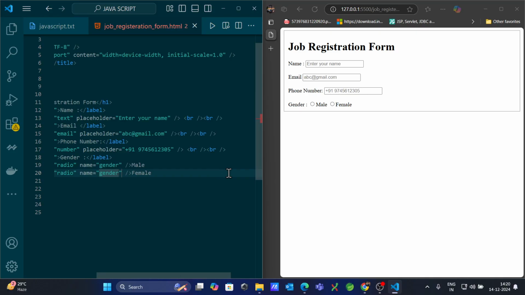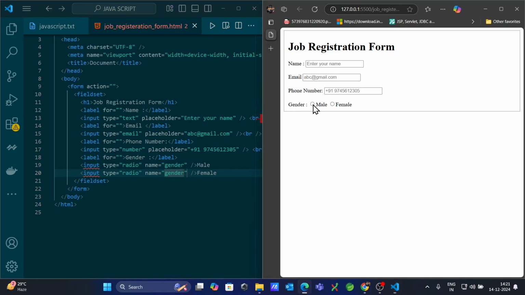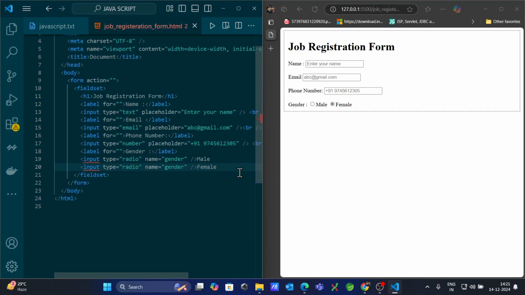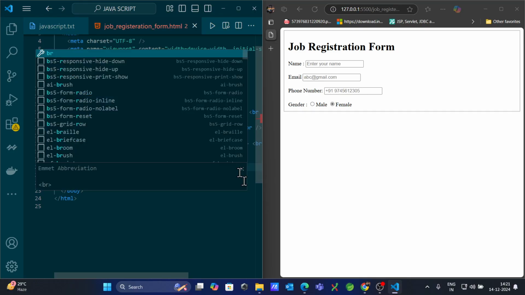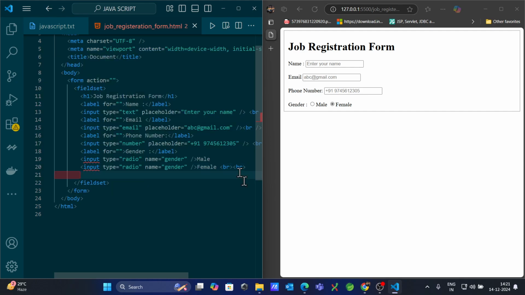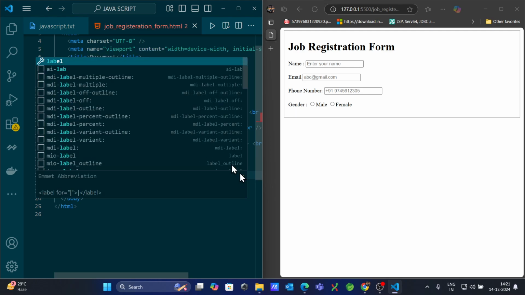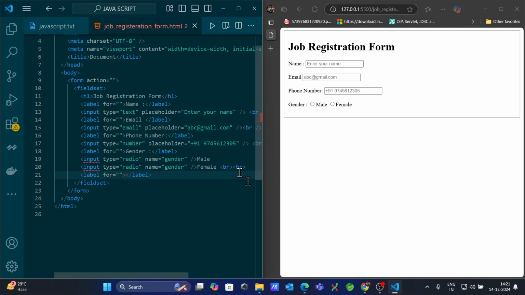See. So when you click male, by default I click male. After that I'm selecting female. See what happened? By default it is automatically deselected in male. Okay, further I'm taking one more break tag. So here I'm taking a label tag. So in that label I am passing one more thing, that's the